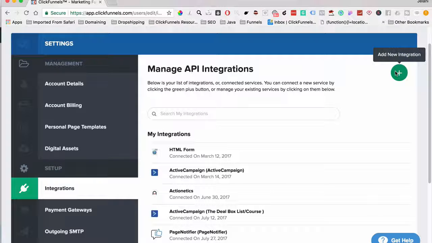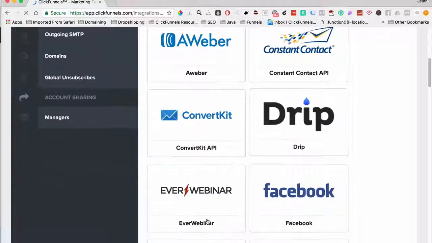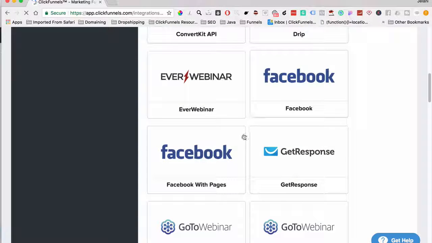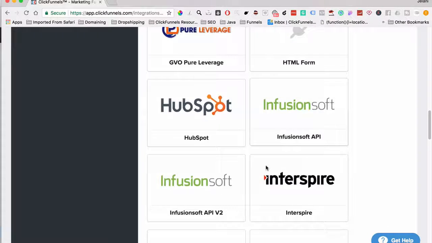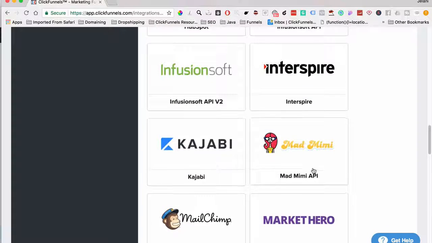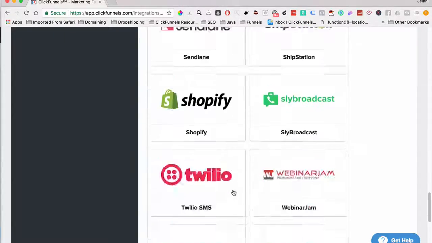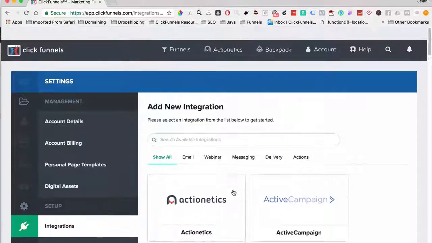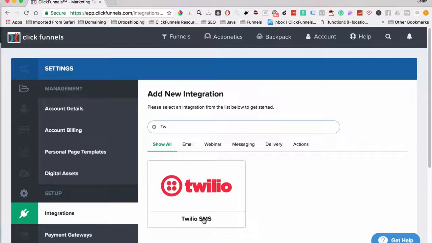So if you wanted to add a new integration, you would just click add new. So if you, for example, had something like Aweber or Constant Contact, Drip, or ConvertKit or anything like that, you can quickly integrate those. You can also integrate your Facebook pages, Kajabi. There's all different things that you can integrate. So you just kind of look for whatever you're looking for, or you can just type just to see. So for example, if I want to type Twilio, I can just type Twilio, and then Twilio SMS will show up, and then I would just click